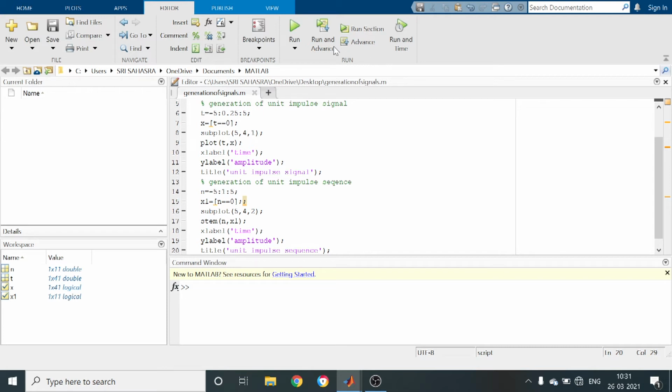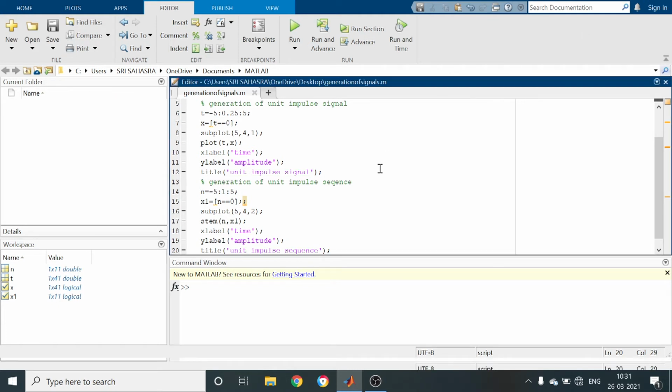That's why it is called the unit impulse sequence. For all remaining samples 1, 2, 3, 4 and -1, -2, -3, -4, -5, the sample values become 0. Is it clear? So this is the generation of unit impulse signal and unit impulse sequence.